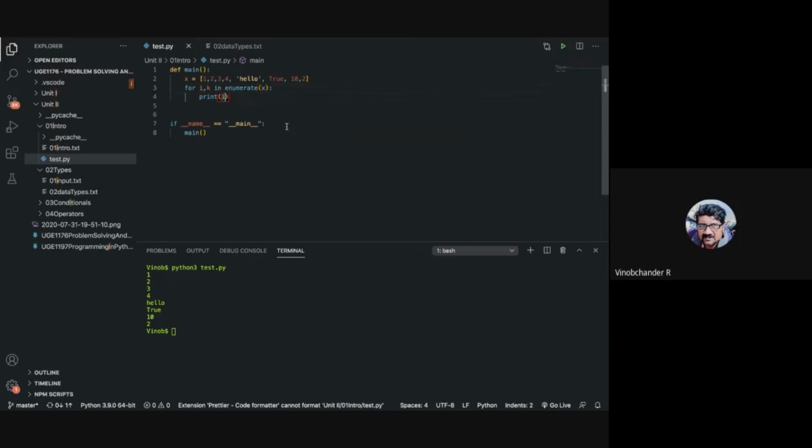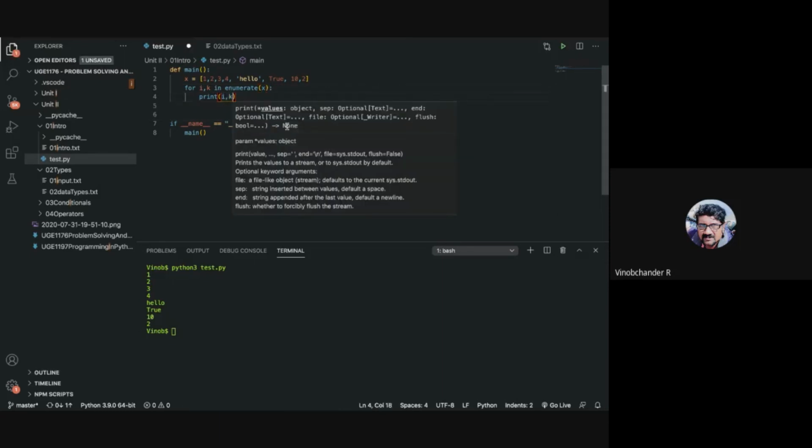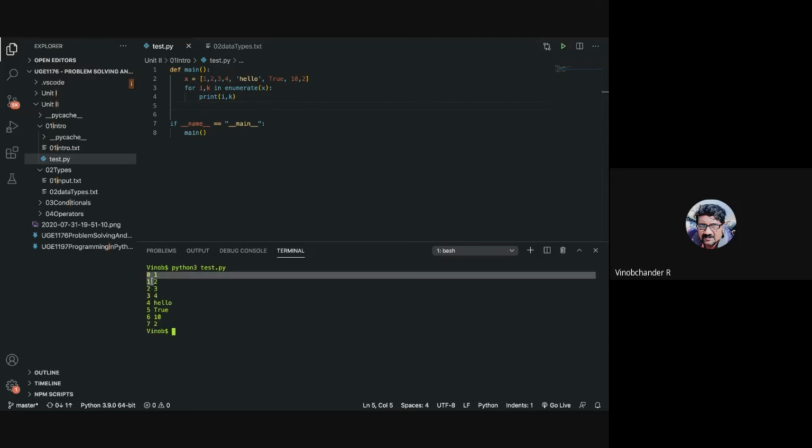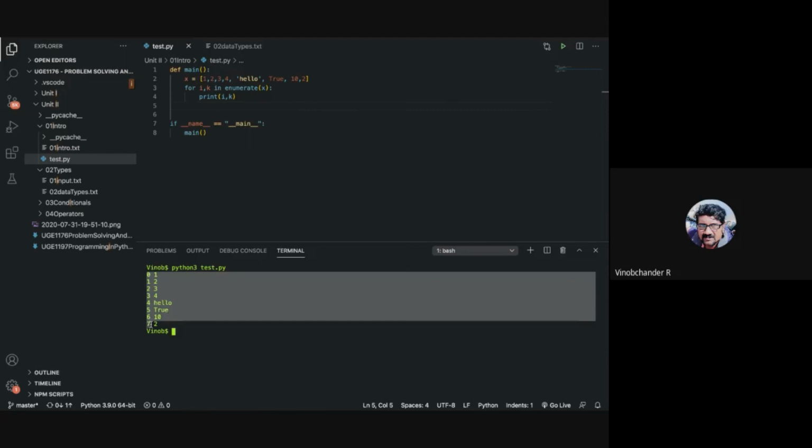And then you can print I comma k. Essentially these two variables, this is the key and this is the value. To understand the index position, we are using this enumerate. As you can see, it starts at 0, 0, 1, 2, 3, 4, 5, 6, 7.